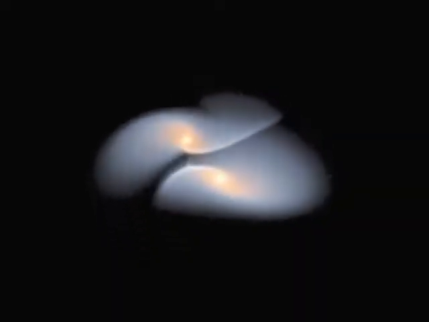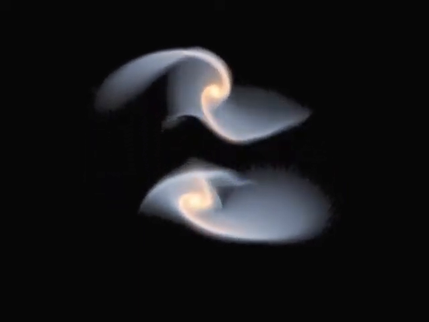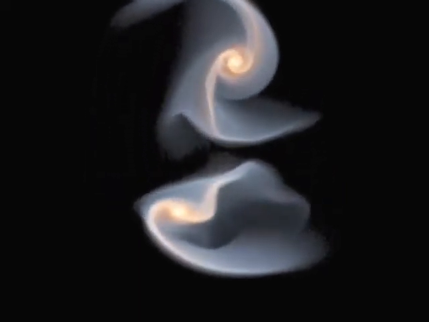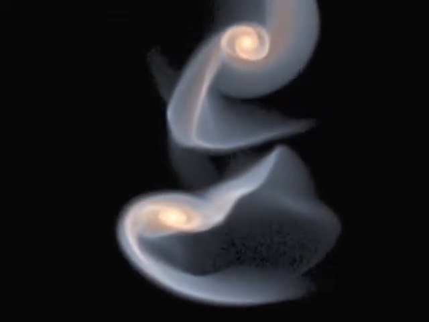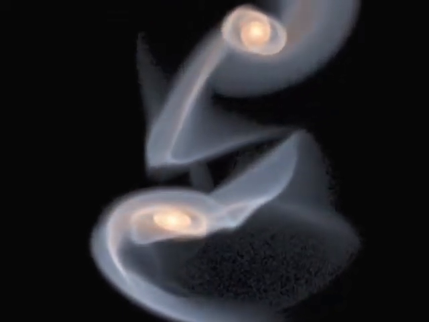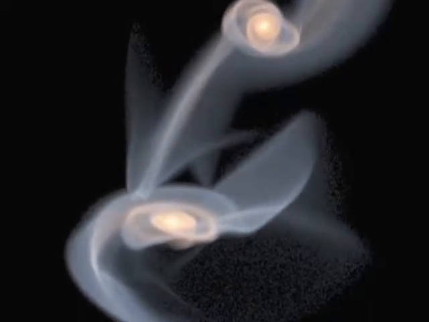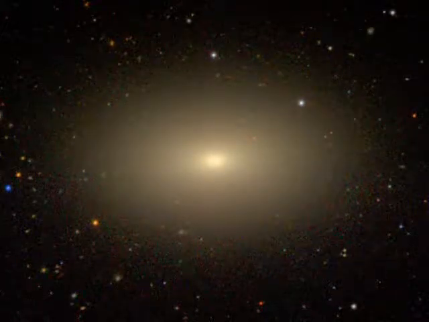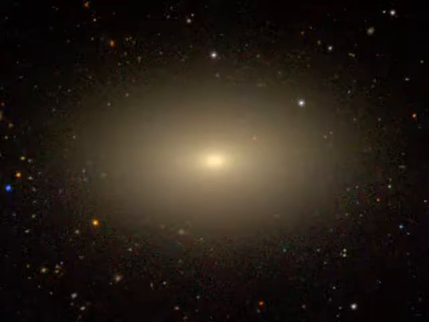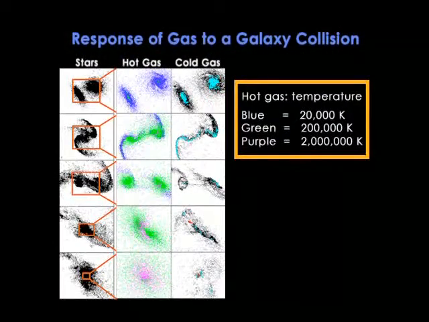When two spirals collide head-on, spectacular tidal tails and bridges are formed first. The central regions quickly merge, while the outer parts evolve more slowly, initially as a big mess and ultimately as a smooth elliptical galaxy. The gas within colliding galaxies undergoes a rather different response. Some is heated and leaves the galaxy, but much is compressed and cools and falls to the galaxy center, where it experiences vigorous star birth.